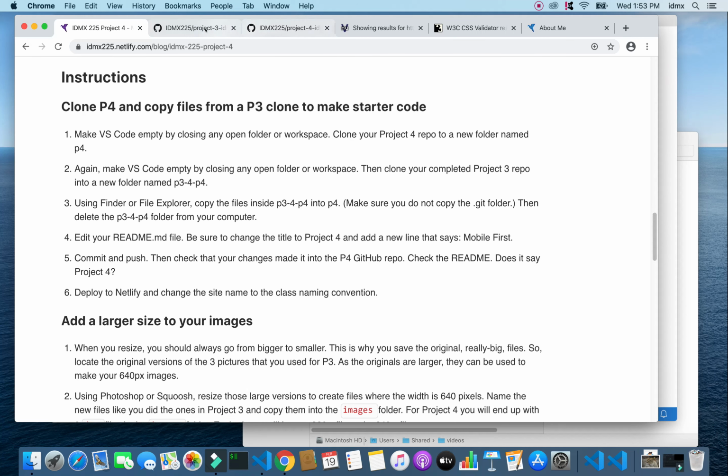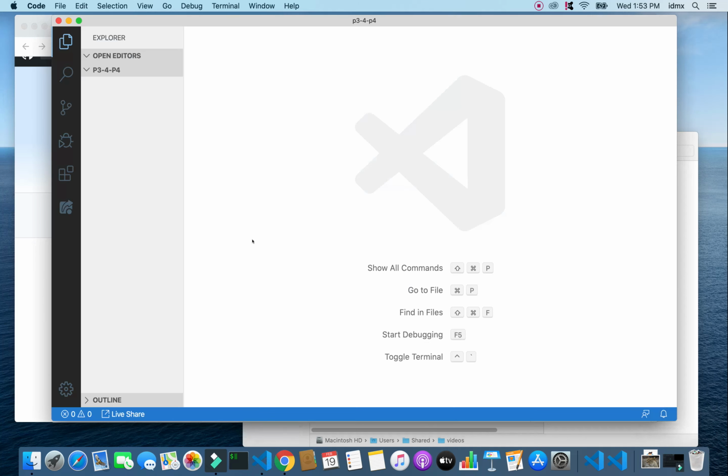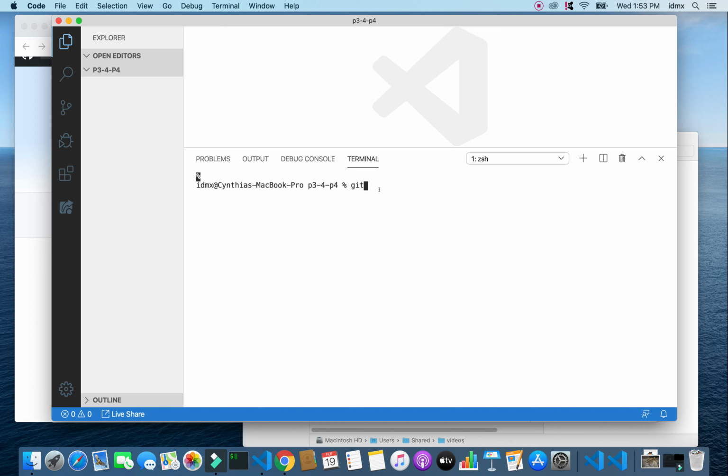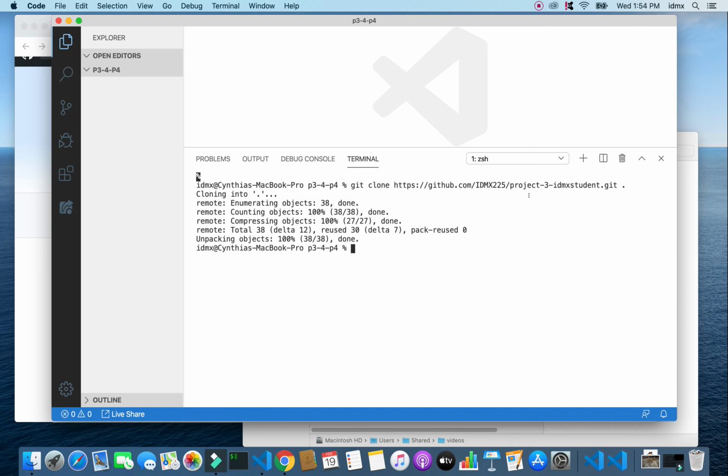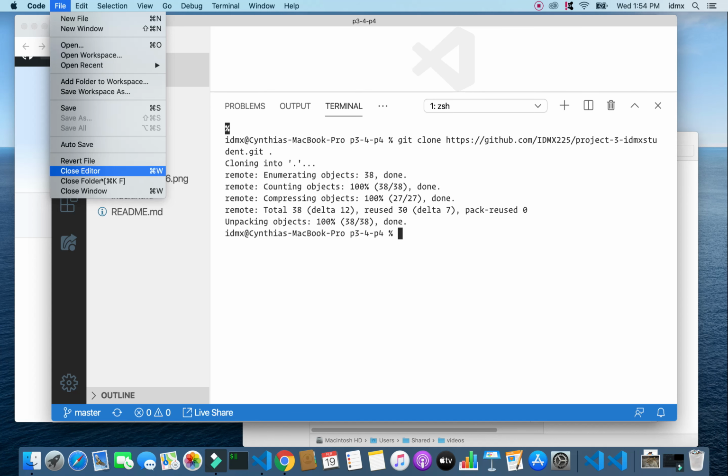Come to our project 3. Yes, right? Talking my way through it. I need to now clone project 3 because it's going to be my starter code for project 4. Come up to terminal in VS Code, and again git clone, paste that in, make sure it says project 3, make a space and a dot, and there it is. Now let's go ahead and close folder,